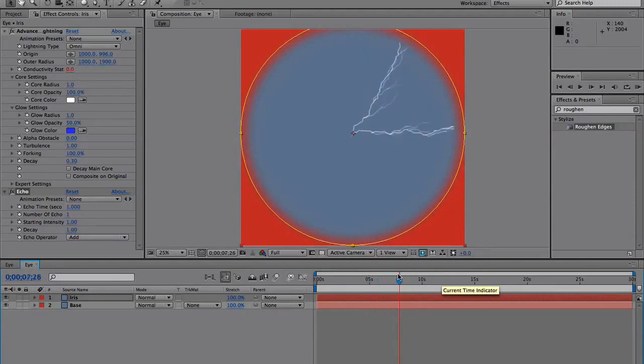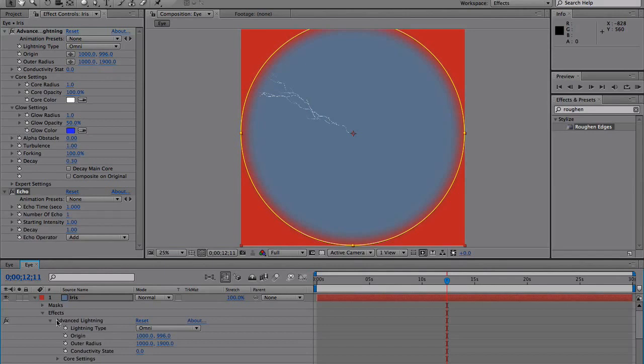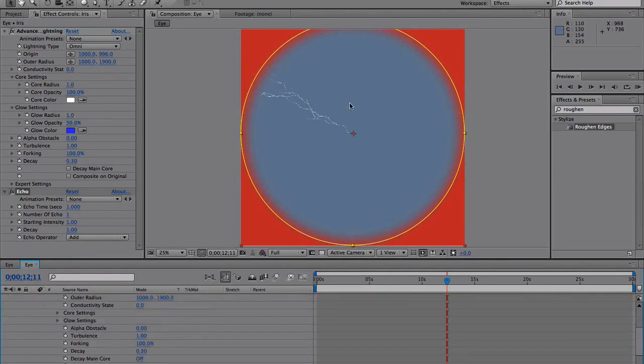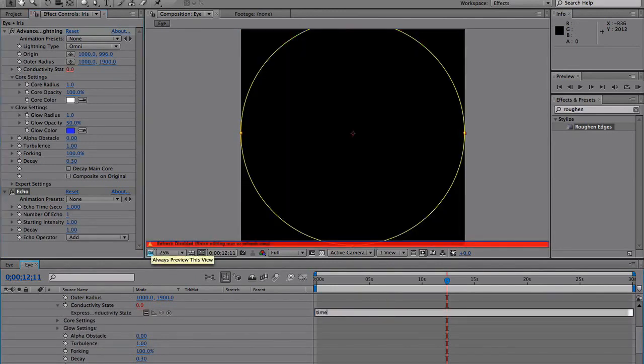Basically what this does is it takes the state of your layer, however many seconds ago you set echo to, and it duplicates it. See, if I didn't have the conductivity animating, it would duplicate that layer, but they would all be on top of each other. But since I have it shooting out in all sides, it's actually picking up all those and duplicating them. So I'm going to set the expression again,